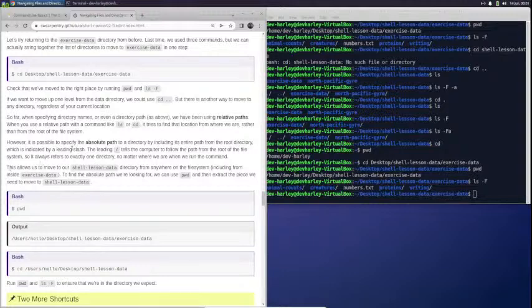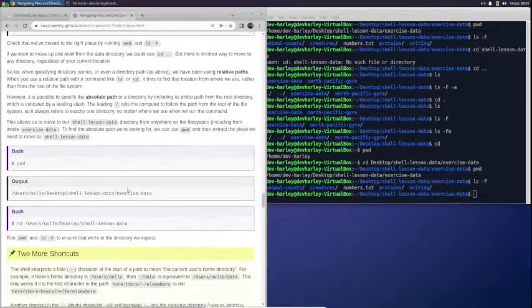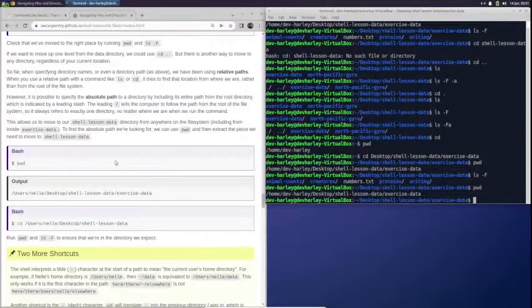This allows us to move to our shell lesson data directory from anywhere in the file system, including from inside exercise data. To find the absolute path we're looking for, we can use pwd and then extract the piece we need to move to the shell lesson data. So we're going to do pwd, right? And then we're going to be in our exercise data, but we want to go to shell lesson data. Run pwd. Okay, so cd